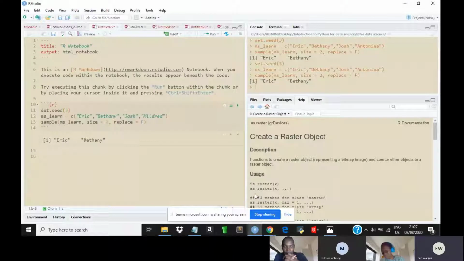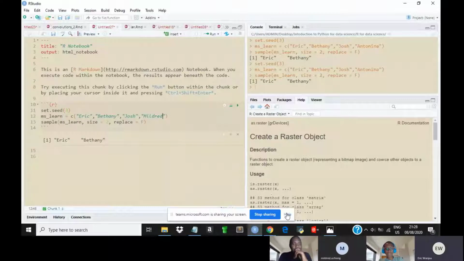Because Eric and Bethany are matched, the next will be Josh and Mildred. So Mildred will take the whole name of Josh and try to make as many English words or Latin or Spanish, whatever you speak, in less than 15 seconds, and then the partner who has taken your name will try and grade you. Will I give Bethany an F, or throw her out of the class, or give her an A? I hope the game is clear. Yeah, it's clear.